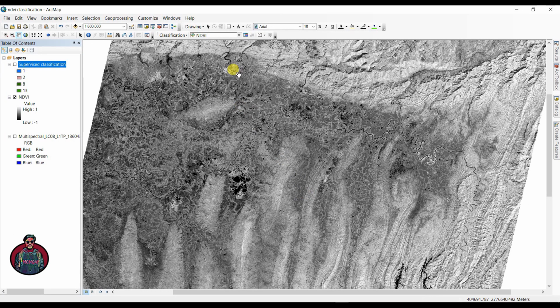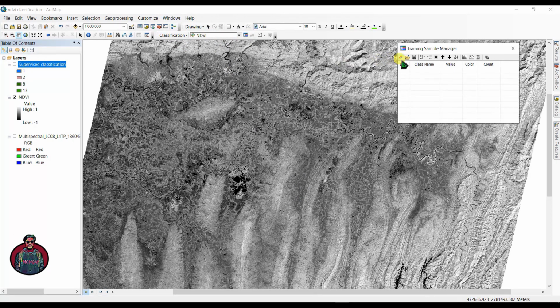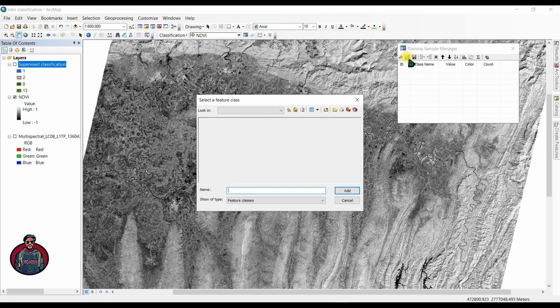To do that we also need this classification tool here, and click here. For the training sample manager, click here to load training samples. This is the exact same training samples I used in my previous supervised classification video. You can check that.